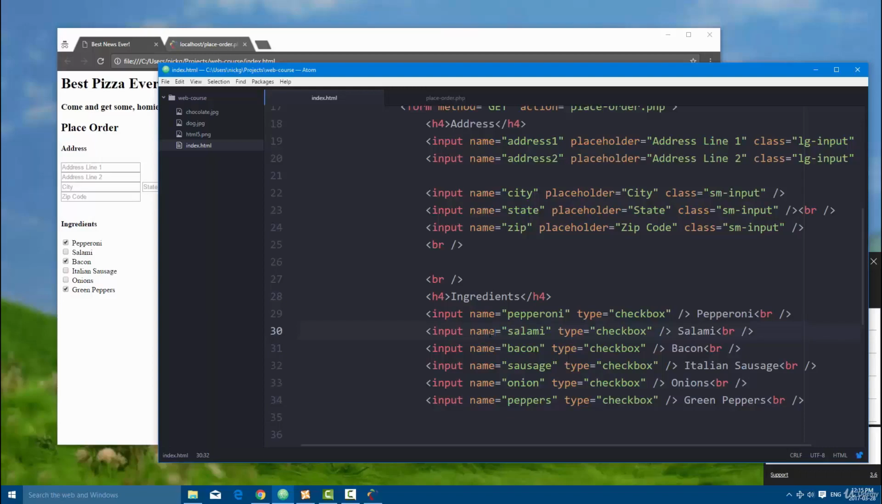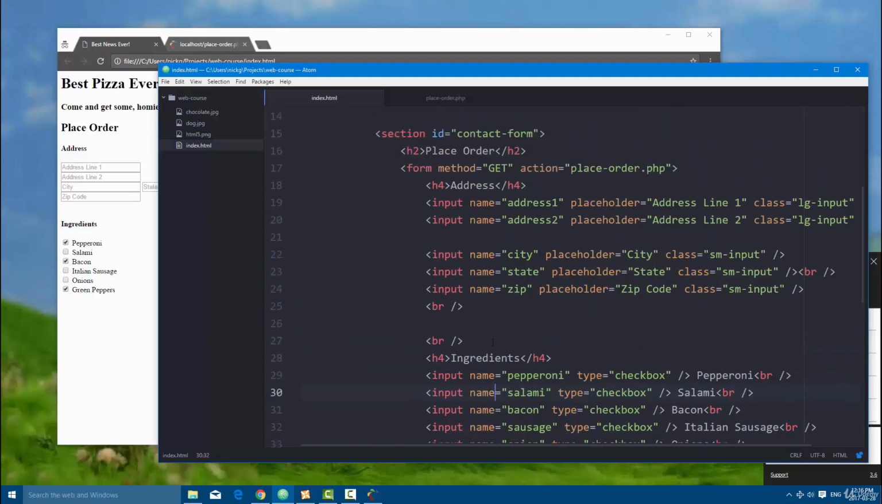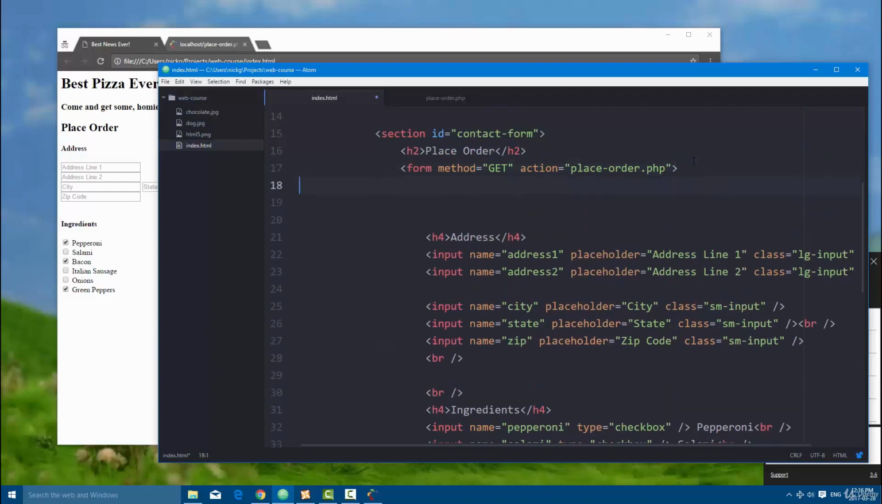All right, so what we're going to do at this point is talk about radio buttons, which are another type of input. Input has a lot of different types that make it become something different. So right up here, right above the address field, we're going to put